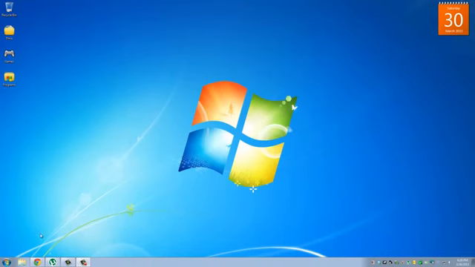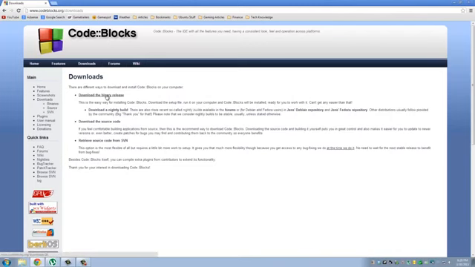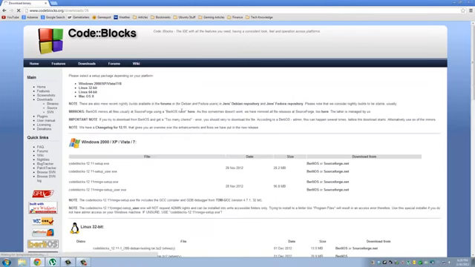Alright, so let's go to the website and download CodeBlocks. The website is CodeBlocks.org. Once you're there, click Downloads. Go to Download the Binary Release, and then go to the Windows section. And remember, you can download CodeBlocks for Linux or for Mac if you so desire, and you can follow this tutorial no problem. Well, I have a Windows machine, so I'm going to use the Windows